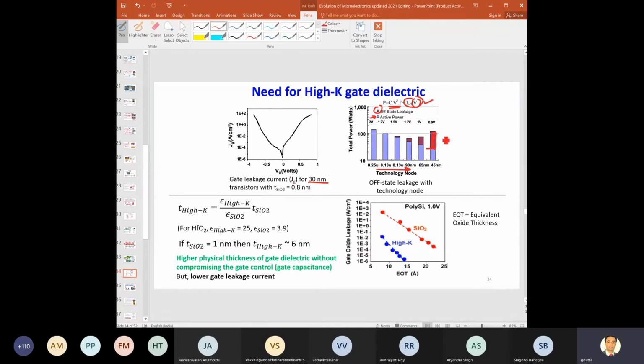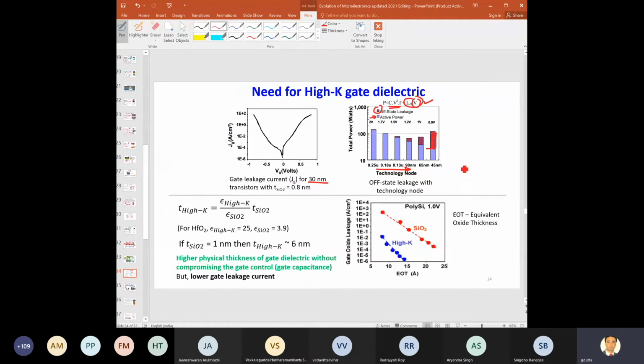for this leakage, because now think about it. This leakage, this I off into V, will produce heat, right? And it is not only one transistor producing this heat. There will be millions, even billions of transistors, right? Now think of the total heat generated within an IC. That will be huge, right? So how to solve that?